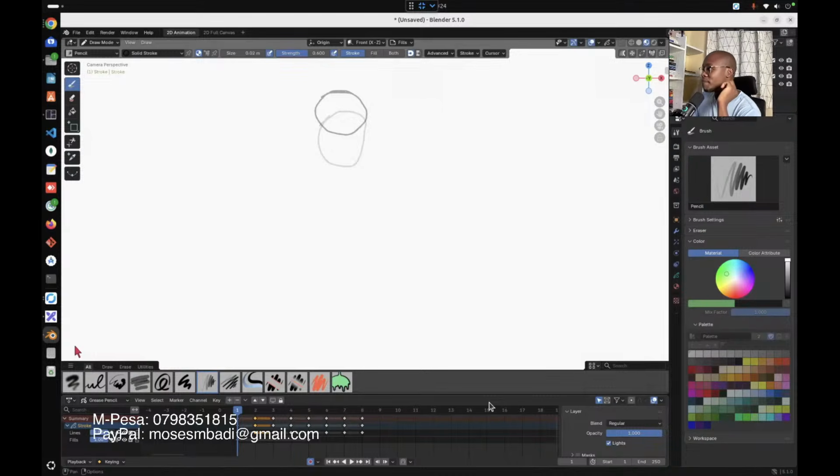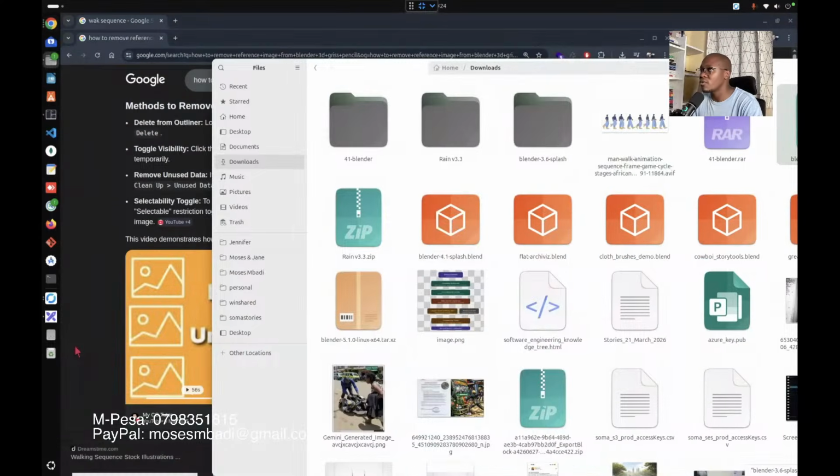So, I actually realized today that you can integrate an AI agent into this software, so that instead of you drawing, you can just use text. You can tell it, I want a character with 3 eyes, and then at the second minute, I want the character to have certain eyes, and so on and so forth. So I have downloaded a sample file here, something I just wanted to learn with.